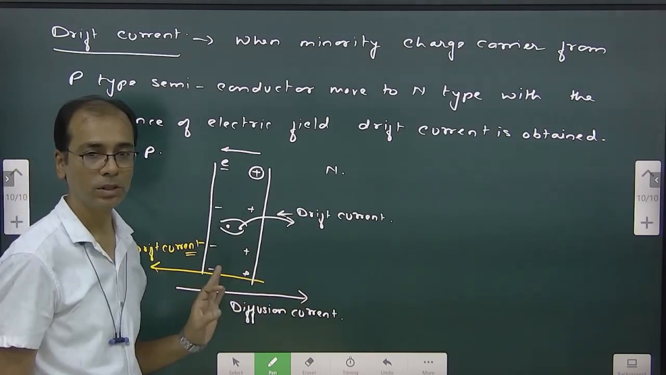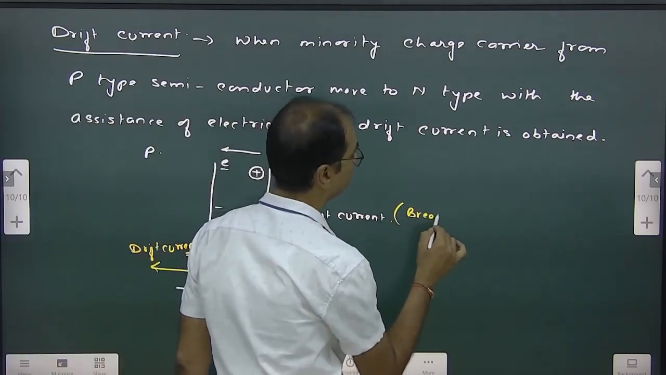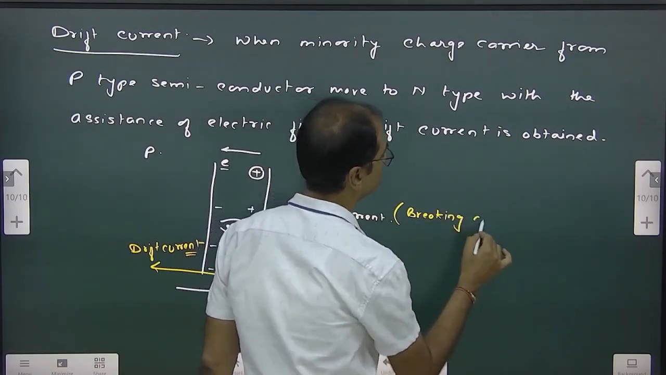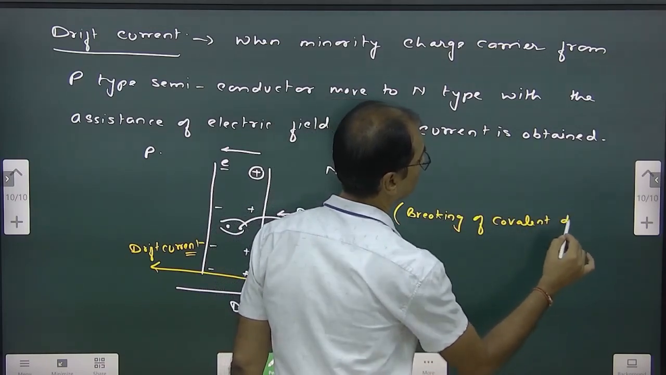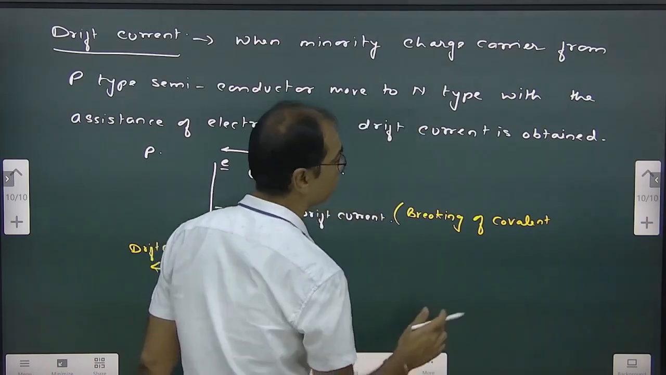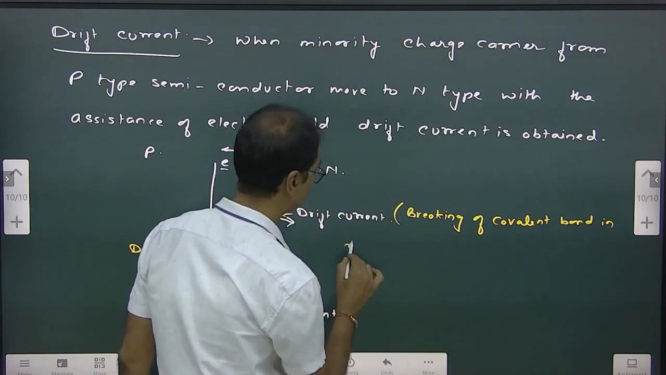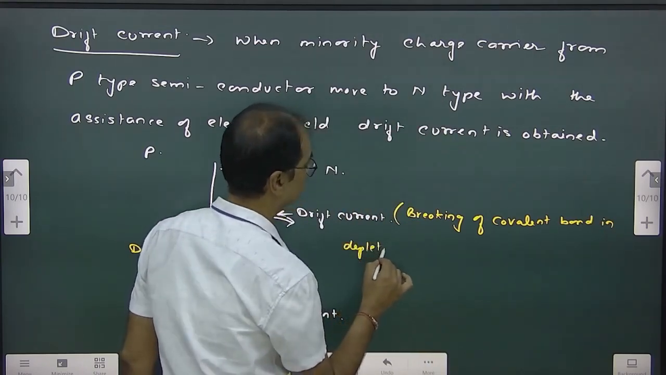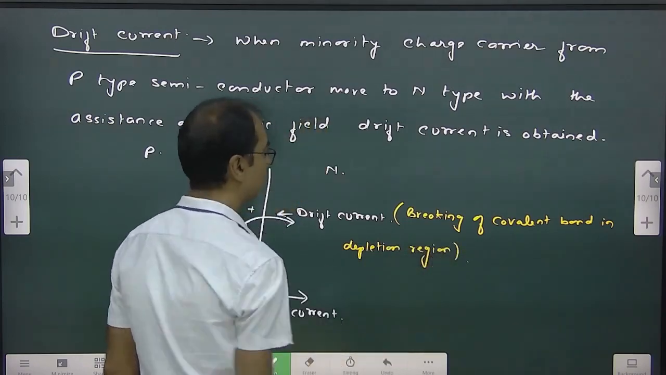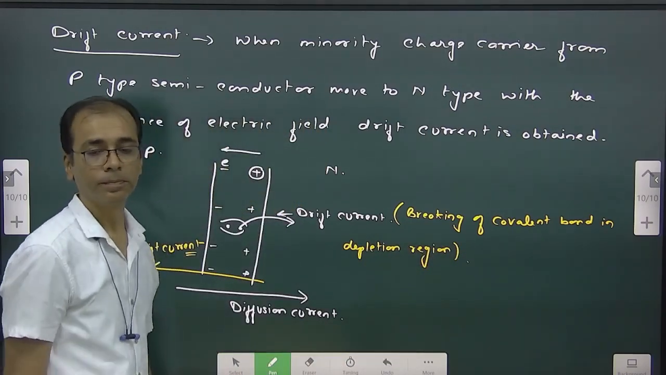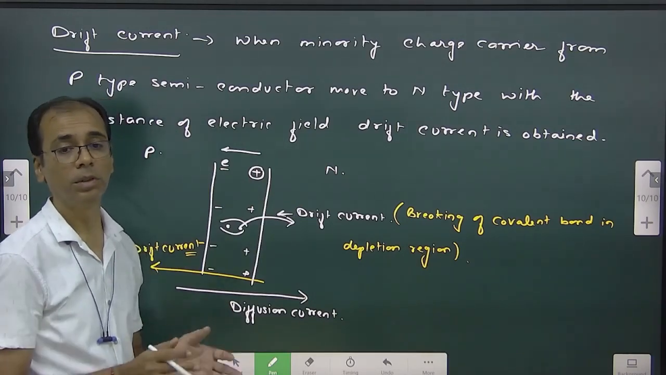These are also causing drift current. What is that? Breaking of covalent bond in depletion region. Okay. So drift current, right? At normal temperature,